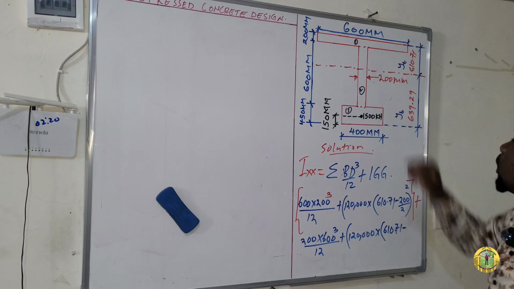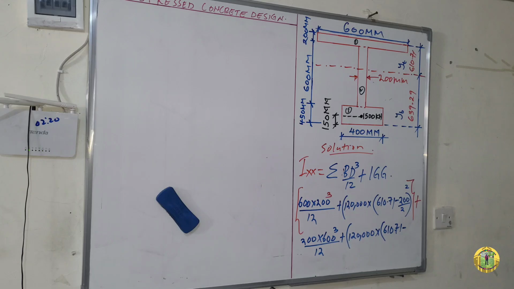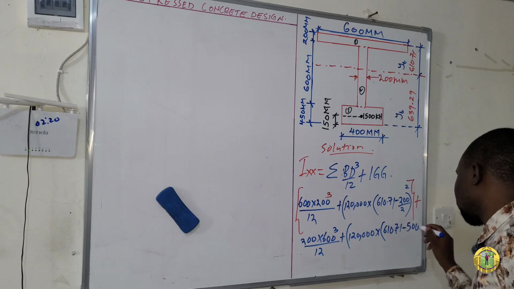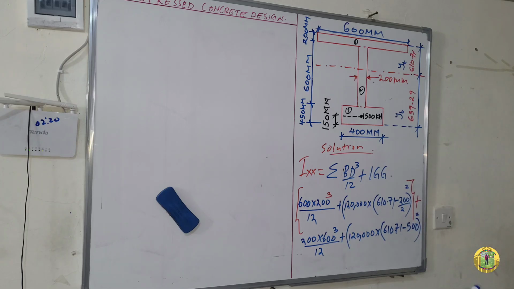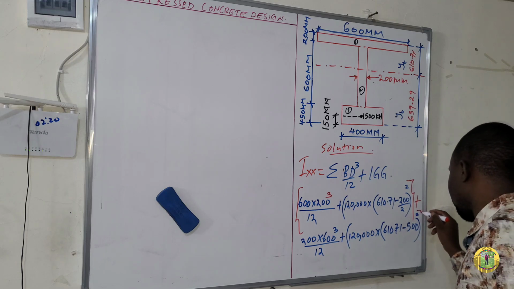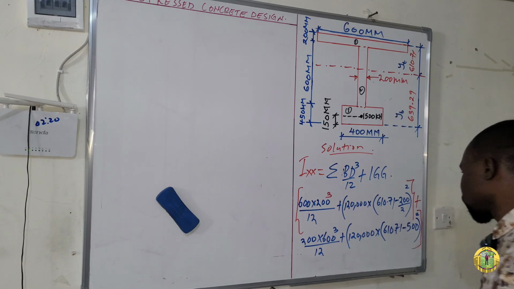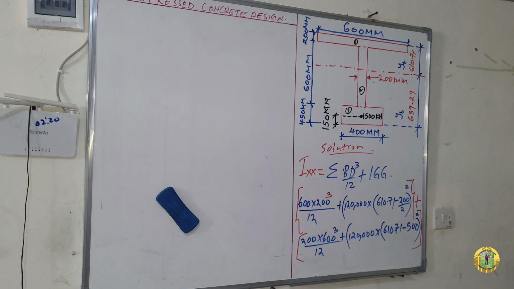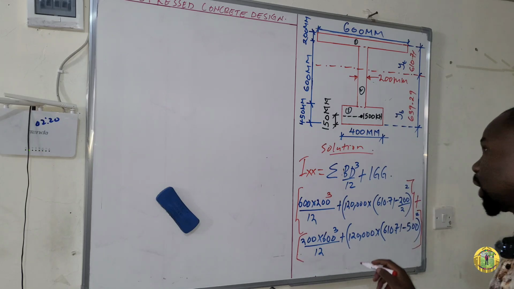Then plus 200, you get 500. So minus 500 squared, like that. And then plus,